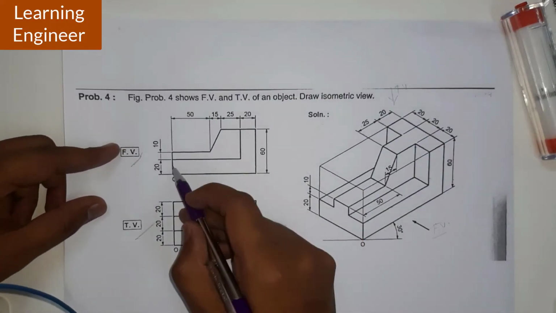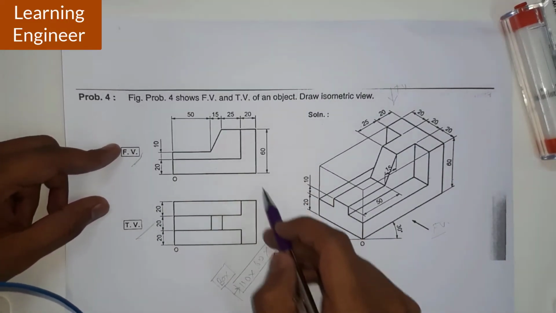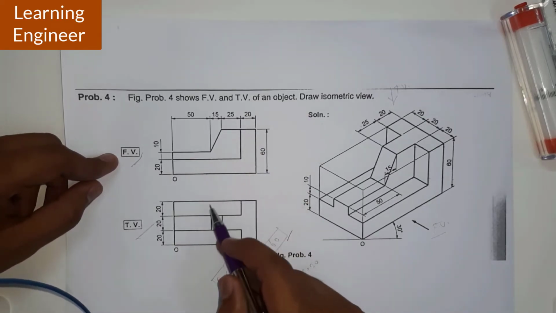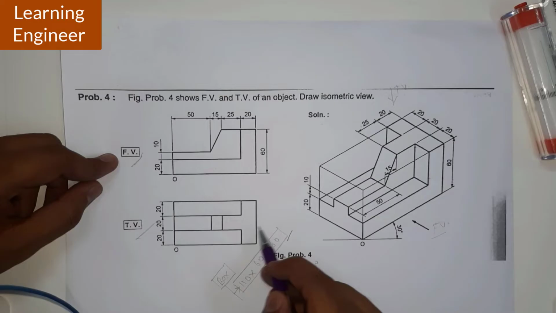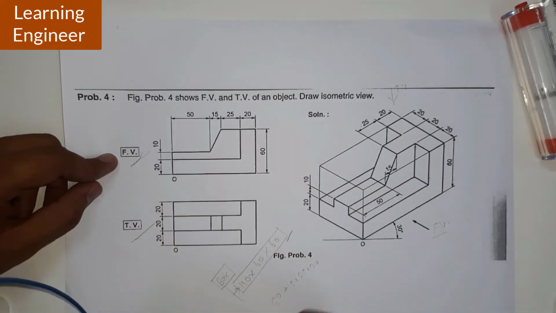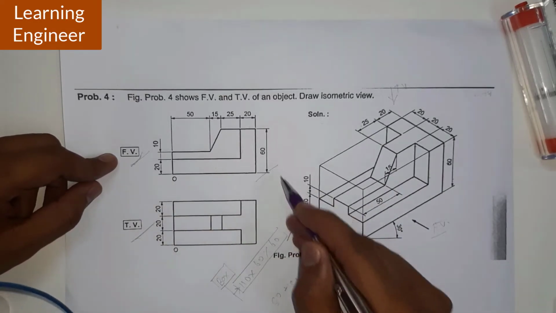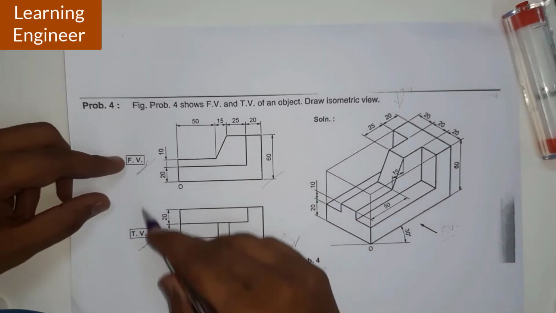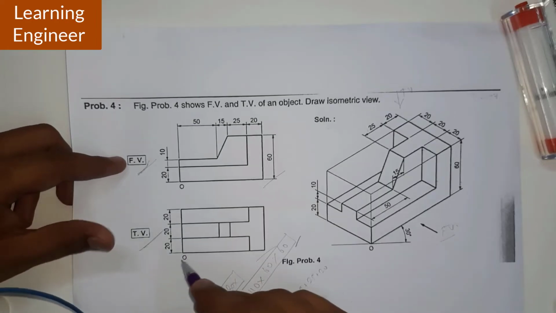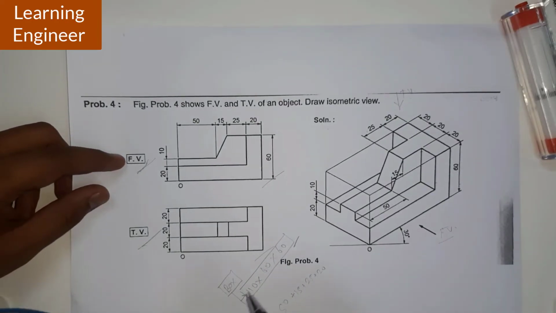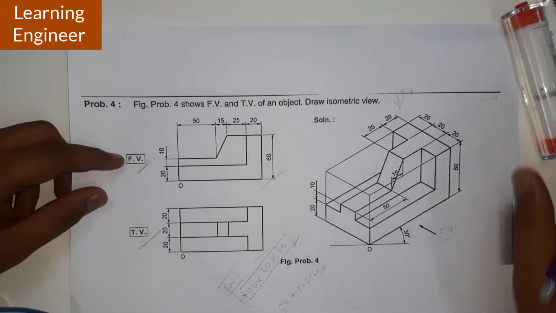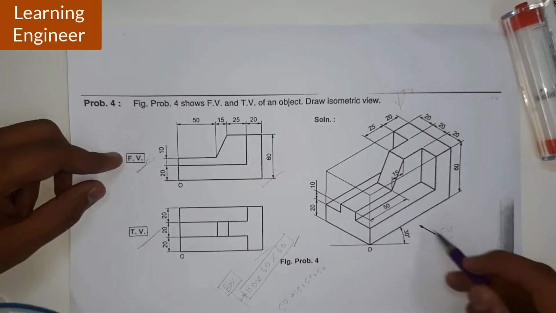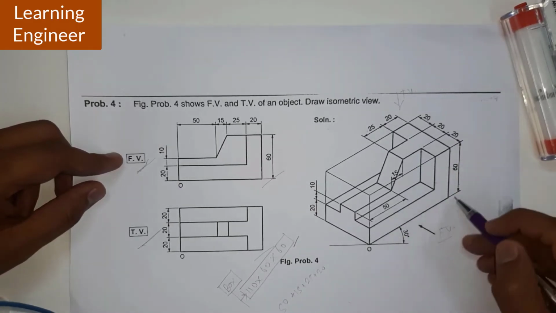Let's go for this particular L surface first, because when we go for the front view, this surface will be visible first, and at the same time we have to locate this top view also. We have to consider both views at the same time while locating any part of the object. When we are locating any part of the front view, at the same time we have to think about the other views also which have been given to us for that part of the object. So let us go for this particular L. This will be visible first. If we see from this side, we will get this L first.